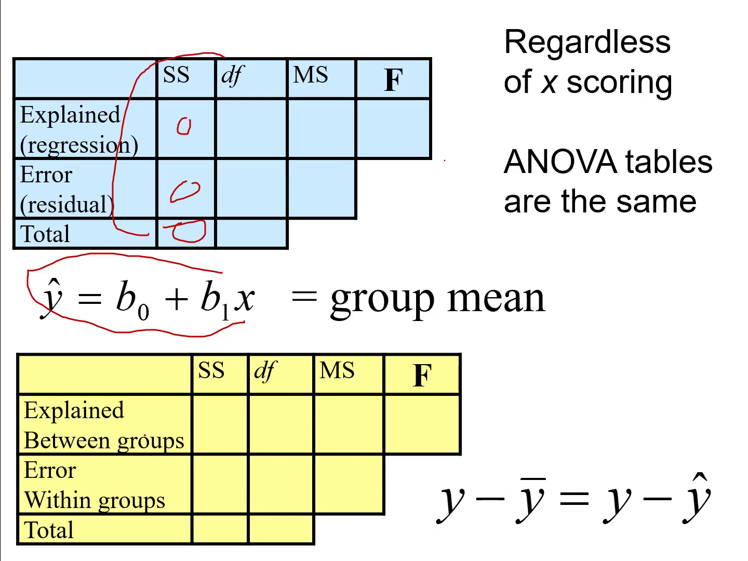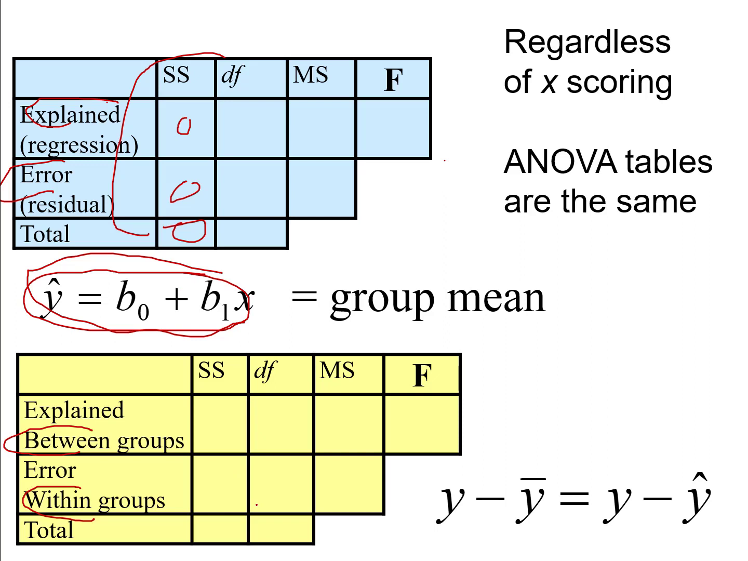So for both these tables, the only difference is that in the top table, I'm labeling it explained and error, and in the bottom, I'm calling it between groups and within groups. So there's a little bit of a change in the terminology, but mathematically, these are the same tables, and we would get the exact same values to plug into this table, regardless of whether we're doing the regression approach or